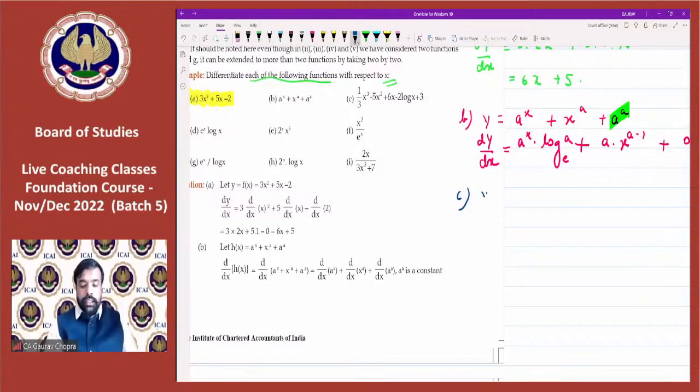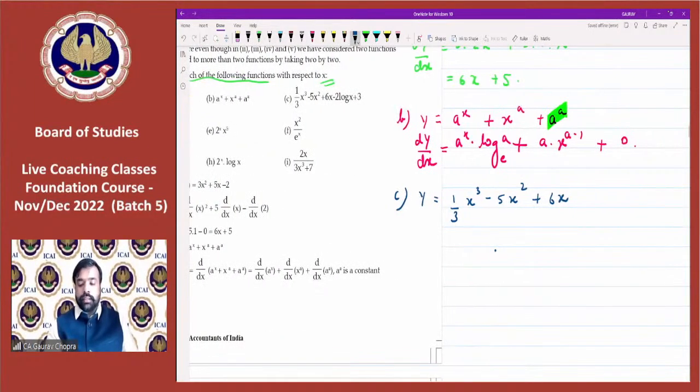C part says y is equal to 1 by 3 x cube minus 5x square plus 6x minus 2 log x plus 3. Now this is the complete question. Now we have to solve step by step. Now see, 1 by 3 will remain as it is. Multiply by derivative of x cube. It is simply 3x